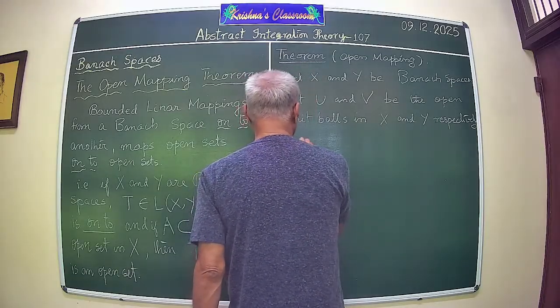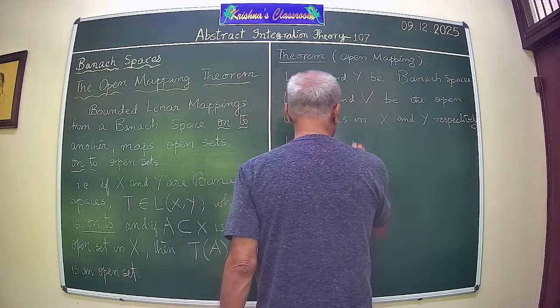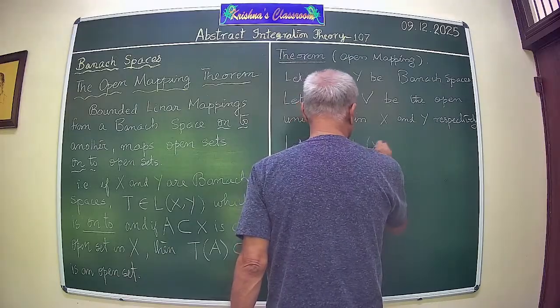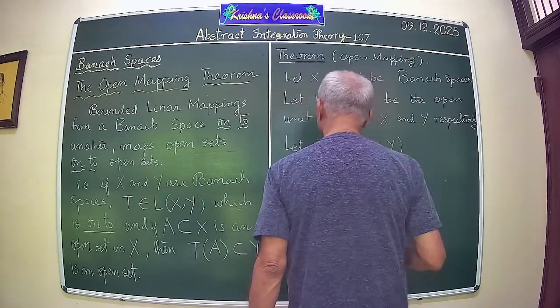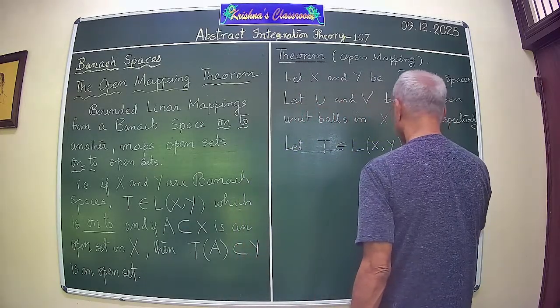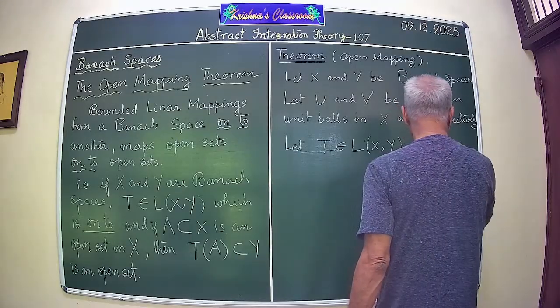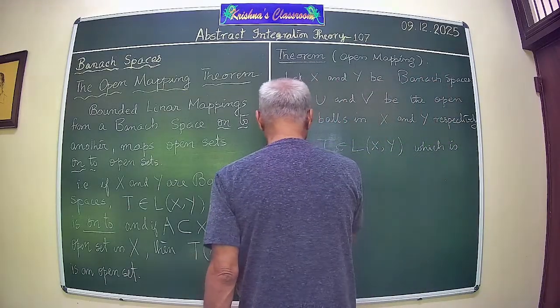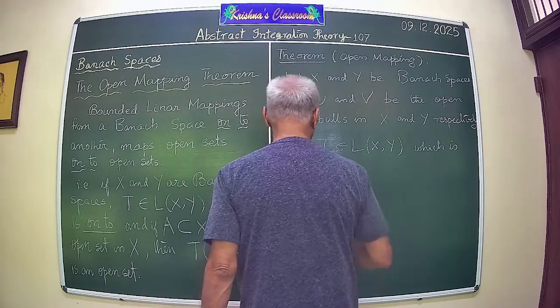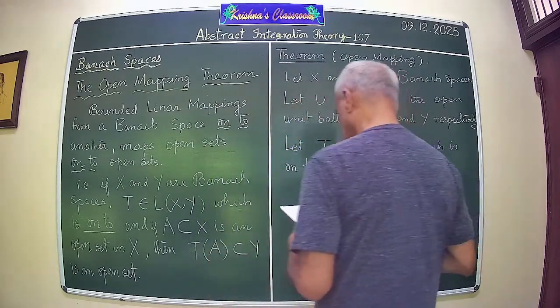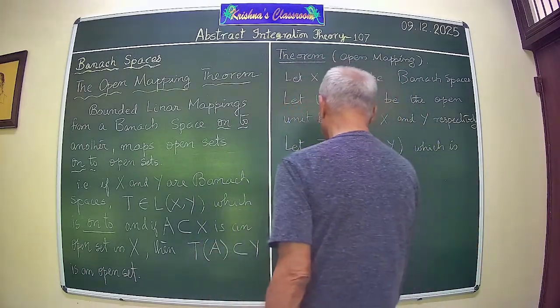Let T be a bounded linear transformation from X to Y, which is onto, then